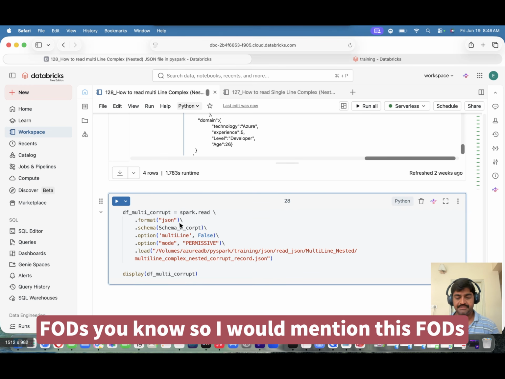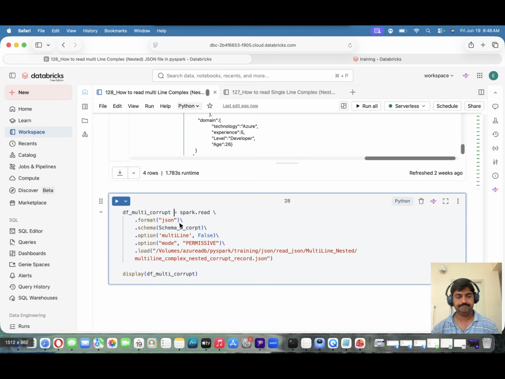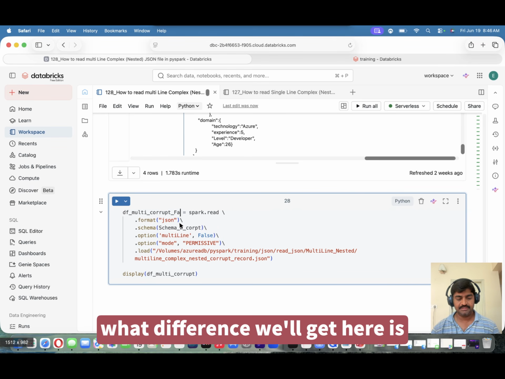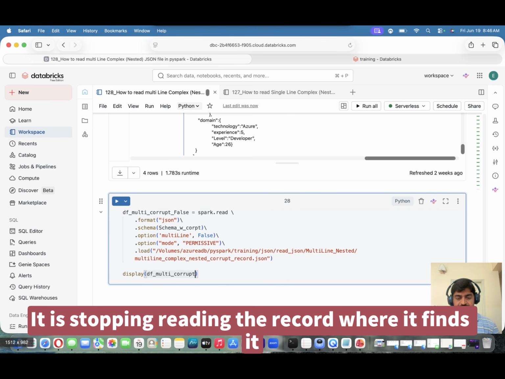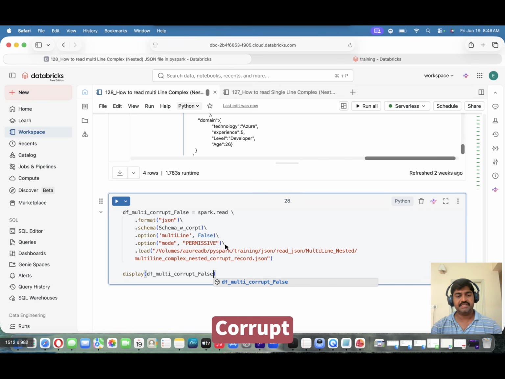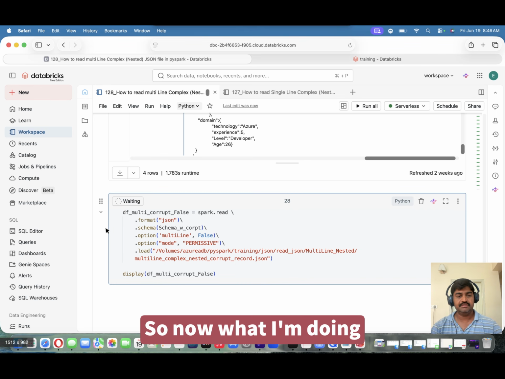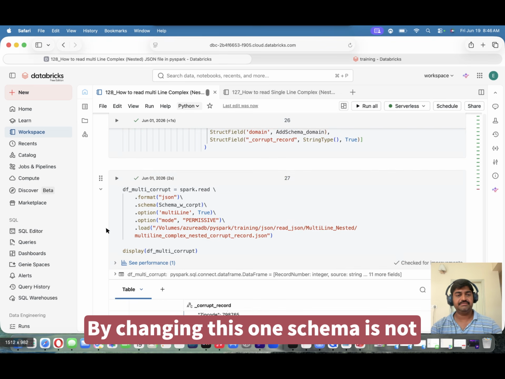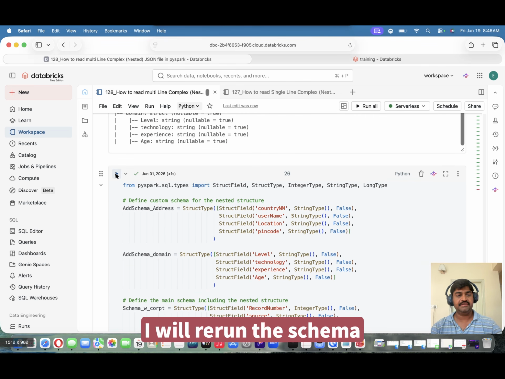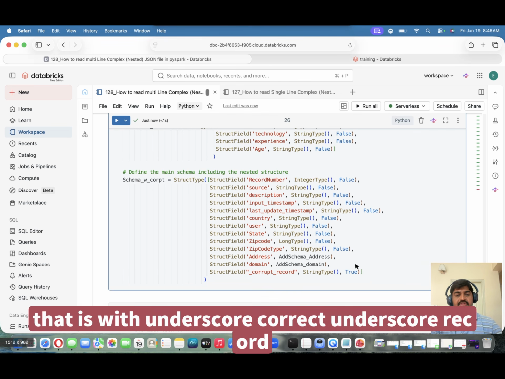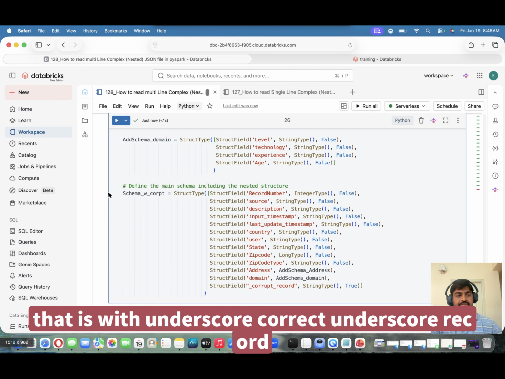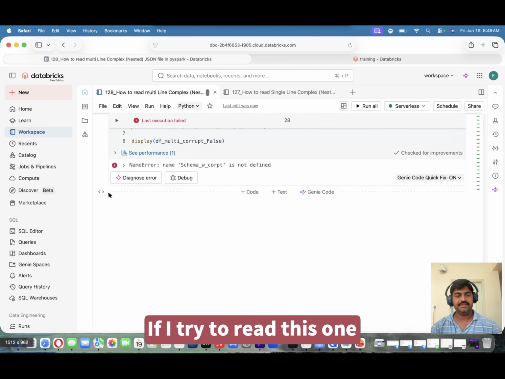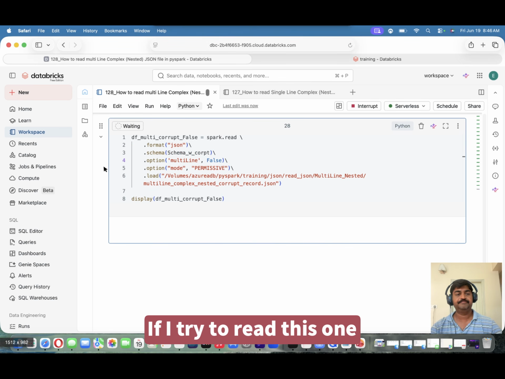Here also I will mention false. What difference we'll get here is it stops reading at the record where it finds a corrupt record. So now, by changing this, the schema is not defined, I will rerun the schema with _corrupt_record. So if I try to read this,